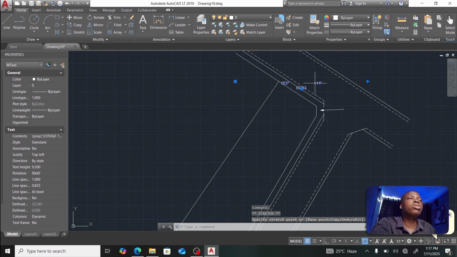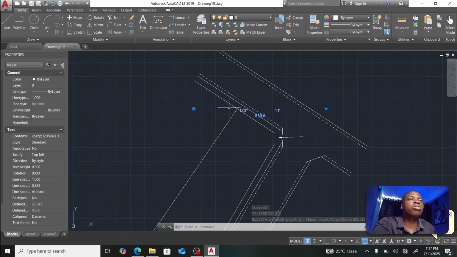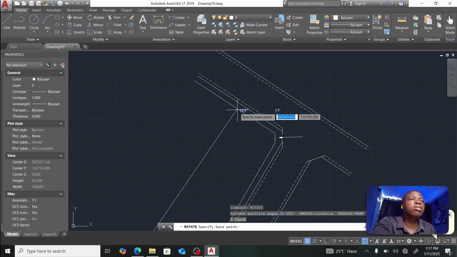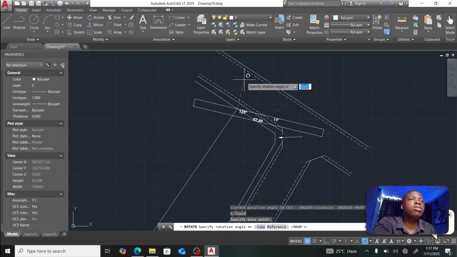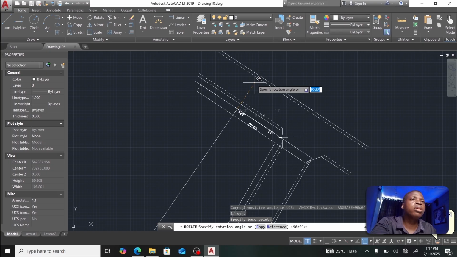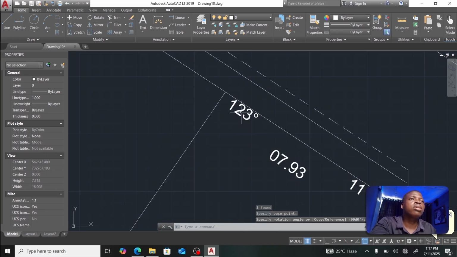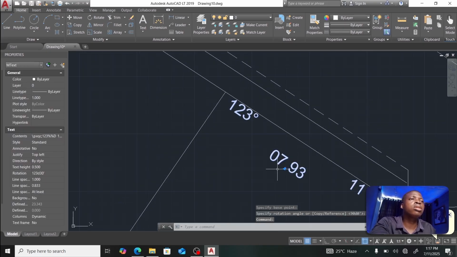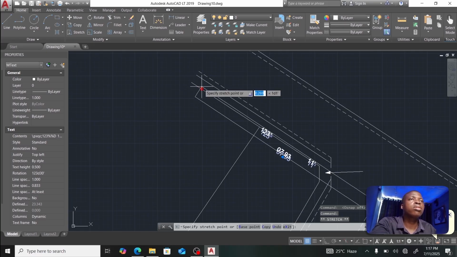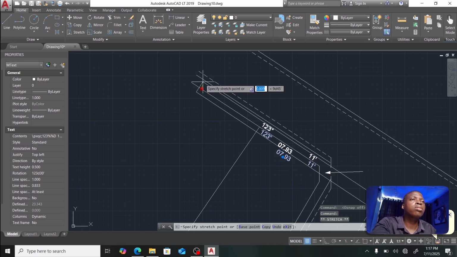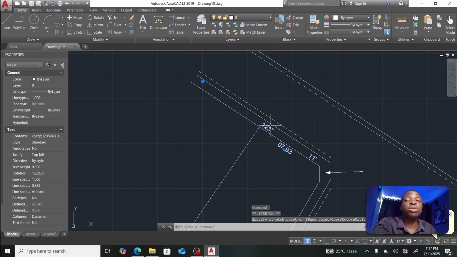There's another problem. The next thing we're supposed to do is align our text to this line. So how do you do that? You can use the rotate tool to rotate the text, specify your base point that I've done here, then you rotate, then you submit, and then you can align it. You can do it that way, or